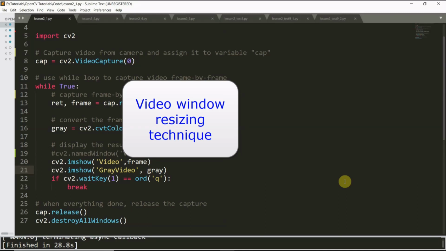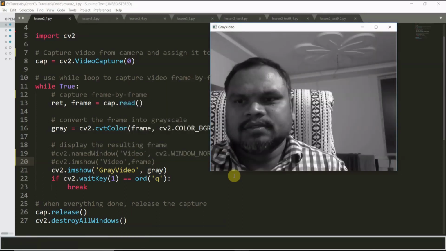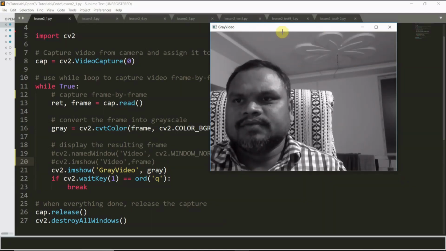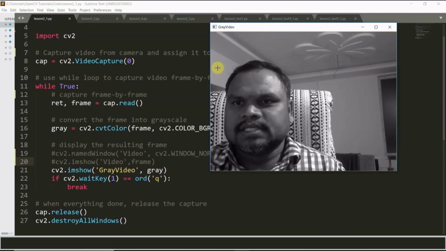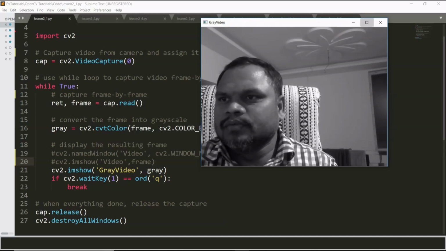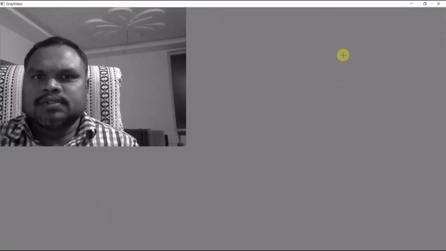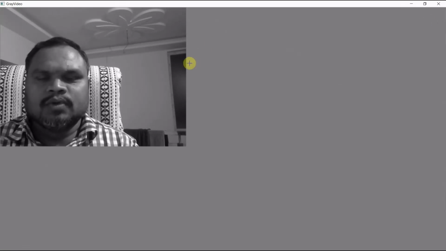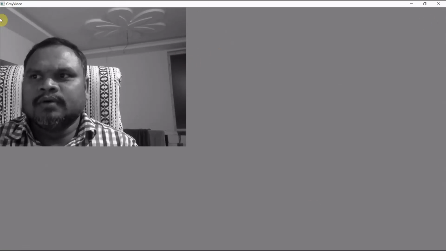Now we will take a gray video here. I am going to resize that window actually. First we will see the window as it is. Here, I cannot resize this window. If I want to resize this window,